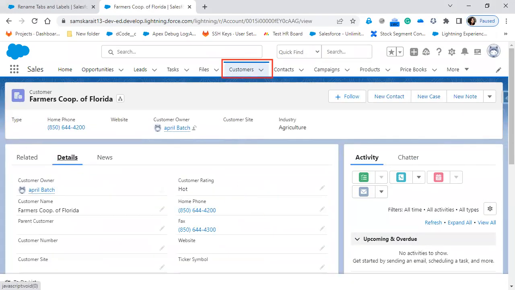Now here are the details. I have changed the phone number to home phone and rating to customer rating. These two I have changed. But whenever I change the tab name,